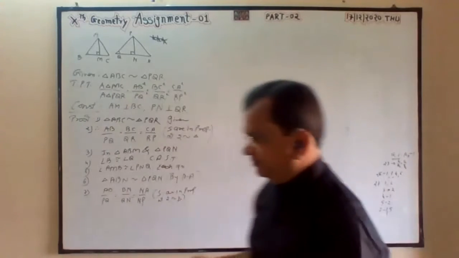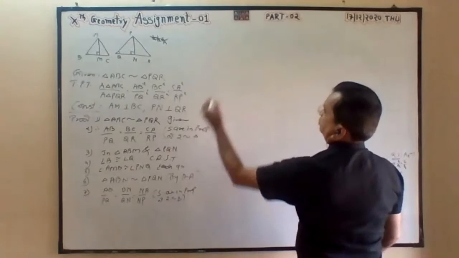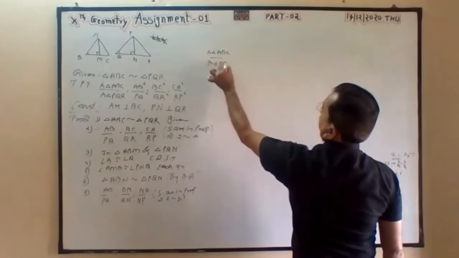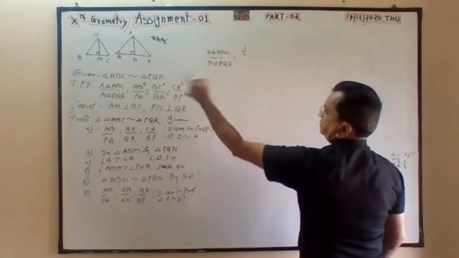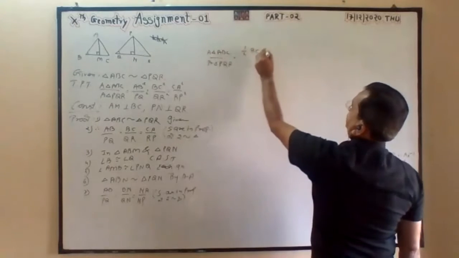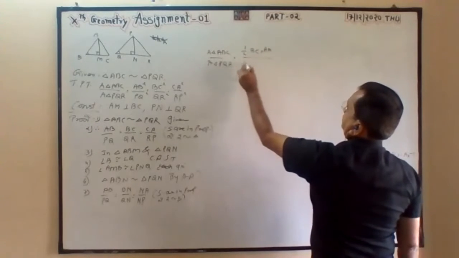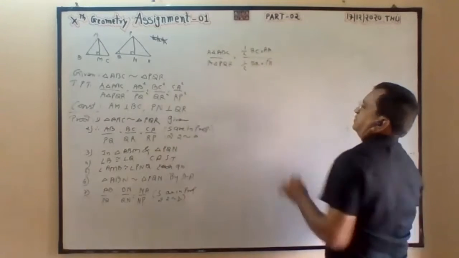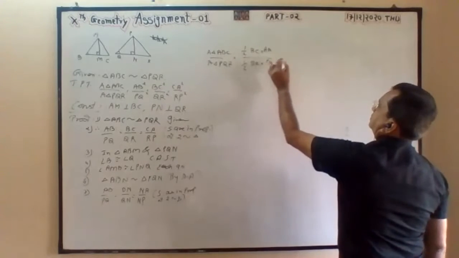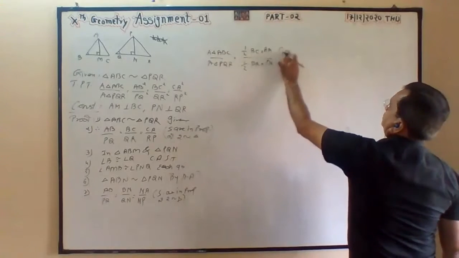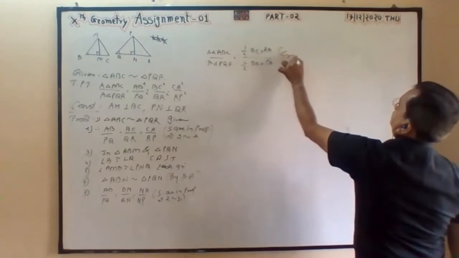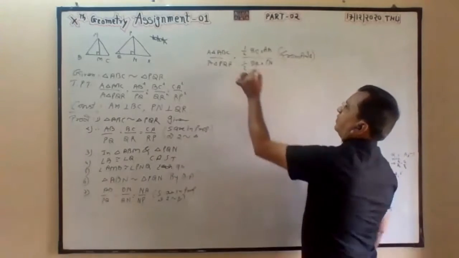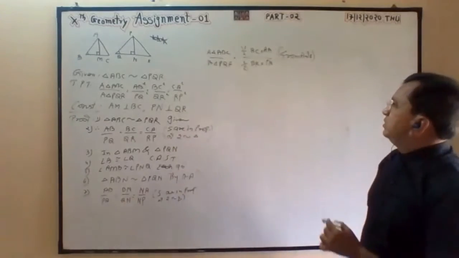Now, what is our question? To find this, after this you have to write the same. Then area of triangle ABC, area of triangle PQR: half. What is the base? What is the height? What is the base? What is the height? Correct? From the area of triangle formula, half cancels.